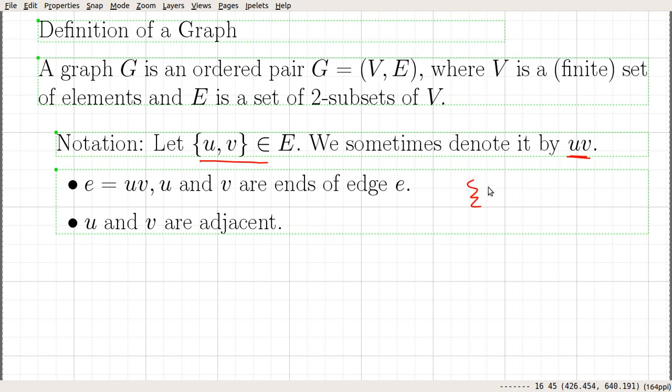Since set UV is equal to set VU, it doesn't matter whether you write UV or VU. Both represent the same thing. For an edge e equal to UV, U and V are called the end vertices or ends of the edge e. In this case, we say that U and V are adjacent.